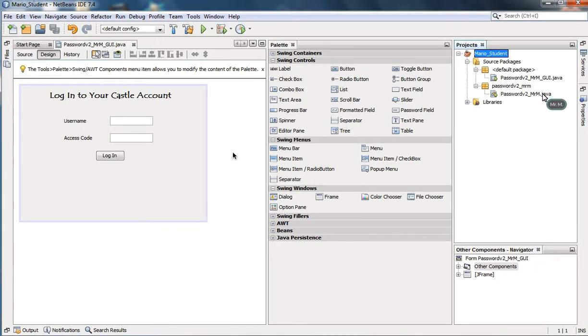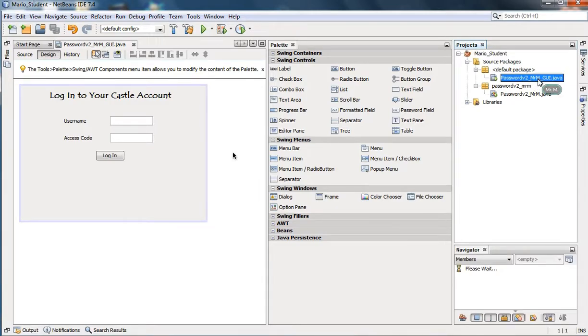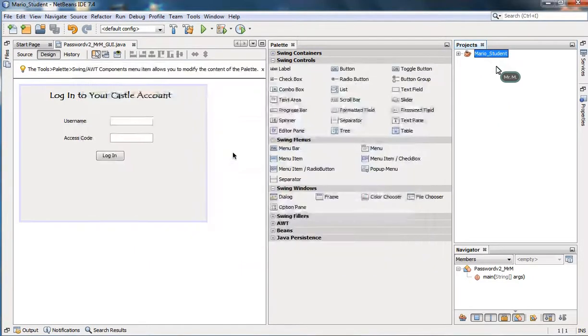So notice that we've got these two, and we've stressed to name your second one with a GUI at the end to signify that that's the one that actually has the code in it for our visual component. Right now if we just clean and build the project, it's created a project, but it's kind of pointing to the other Java file. So if you double click inside the folder and it's not working, what you need to do is right click on the project,